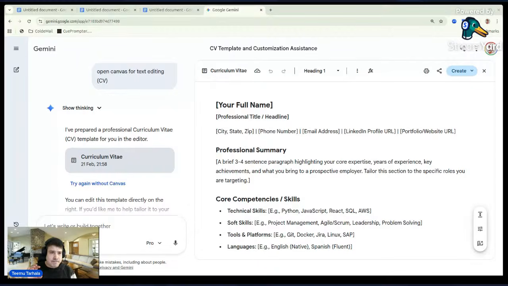Then we analyzed it and came to the conclusion that it's not an ATS friendly CV, and it wasn't targeted. Then during that hour and a half we edited it, we found the company information, we targeted the CV to match the company's background and values, then we picked the job description, and then we made a really targeted CV. Let's see what we have here, and then we will continue.